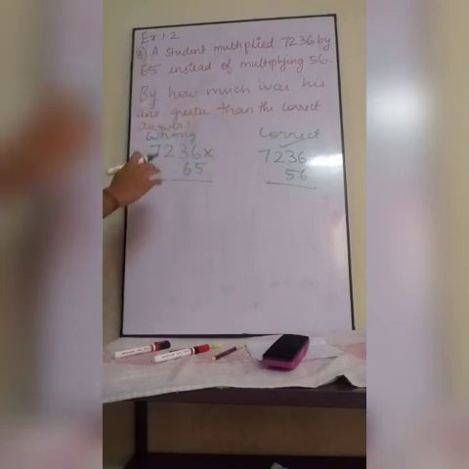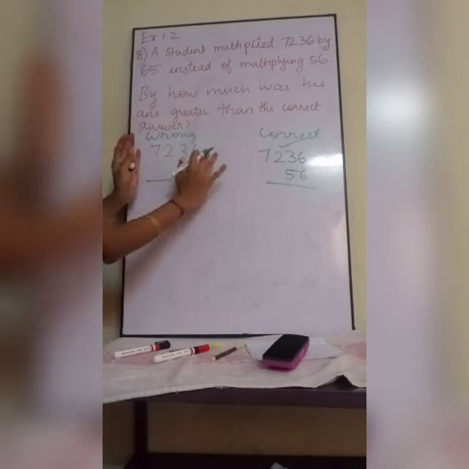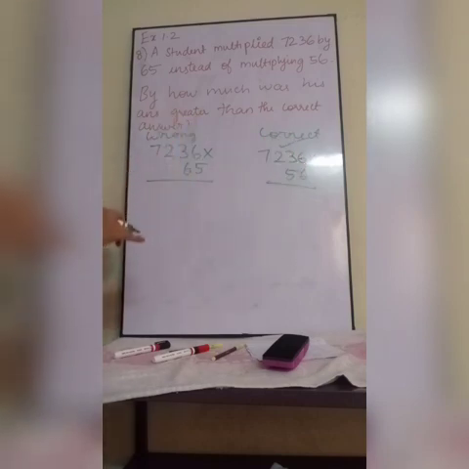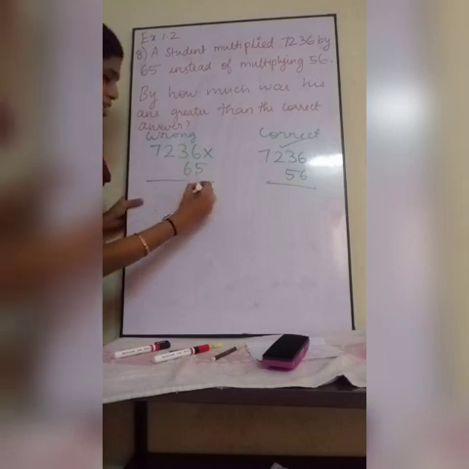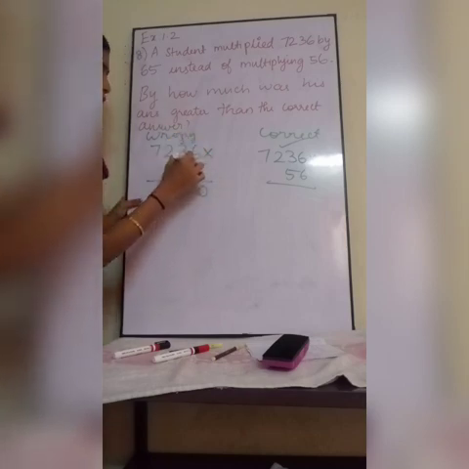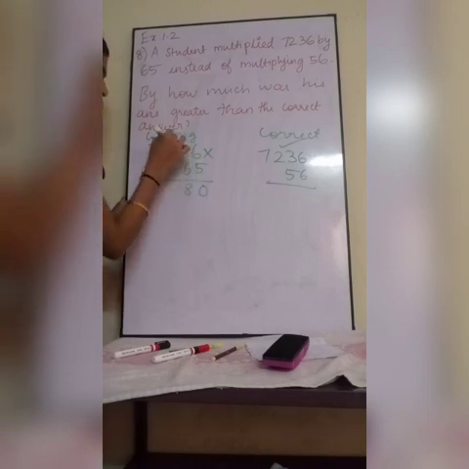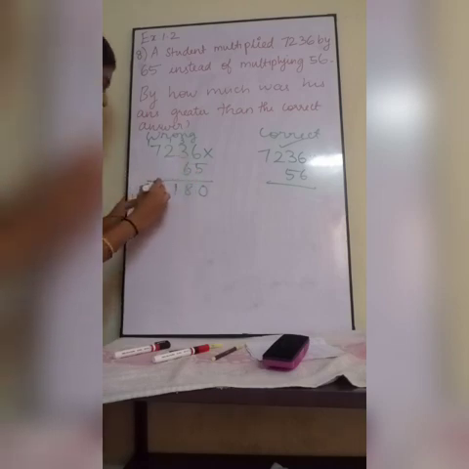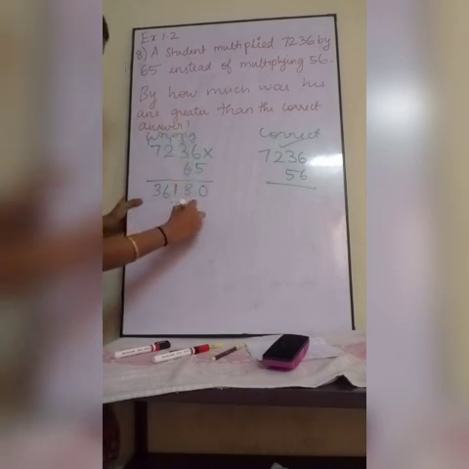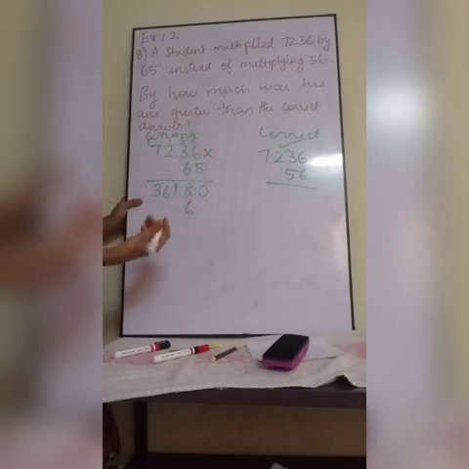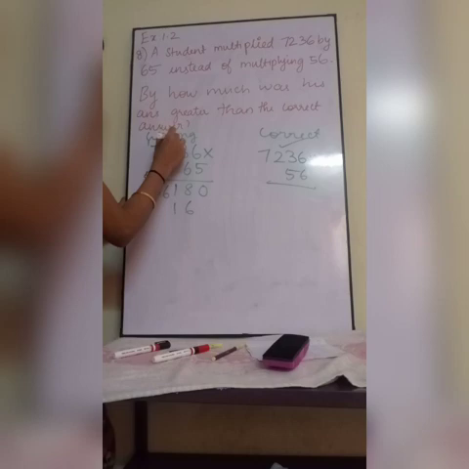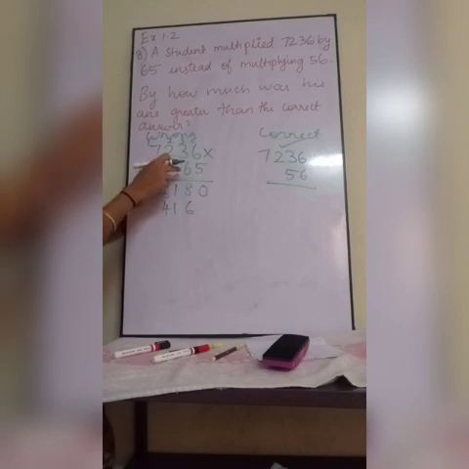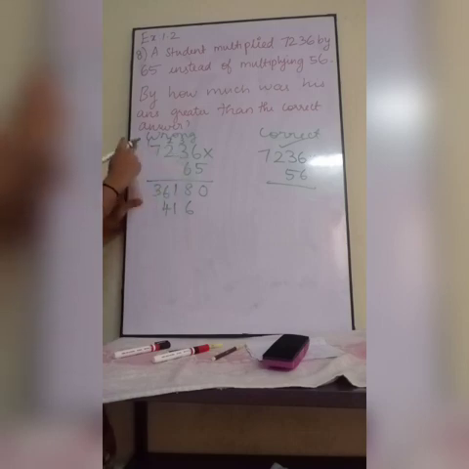So what we are going to do is multiply 7,236 with the wrong answer as well as 7,236 with the correct answer. Now we can do the multiplication. 6 5s are 30, 3 5s are 15, 18, 1, 5 2s are 10, 11, 7 5s are 35, 36. Now next, 6 6s are 36, 6 3s are 18, 19, 20, 21. 6 2s are 12, 13, 14. 7 6s are 42, 43.